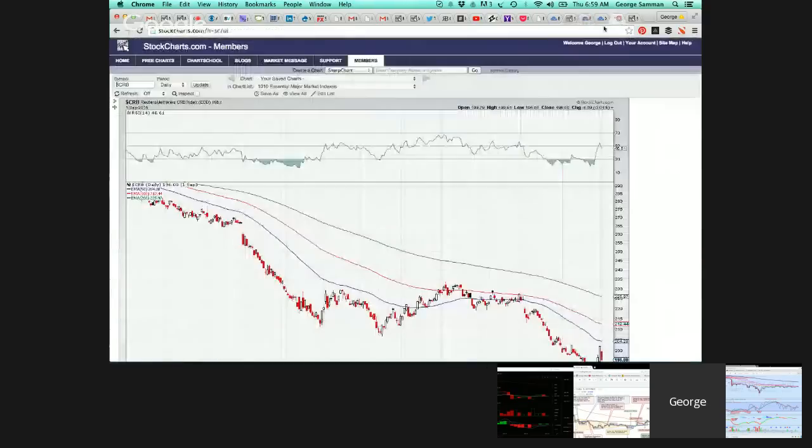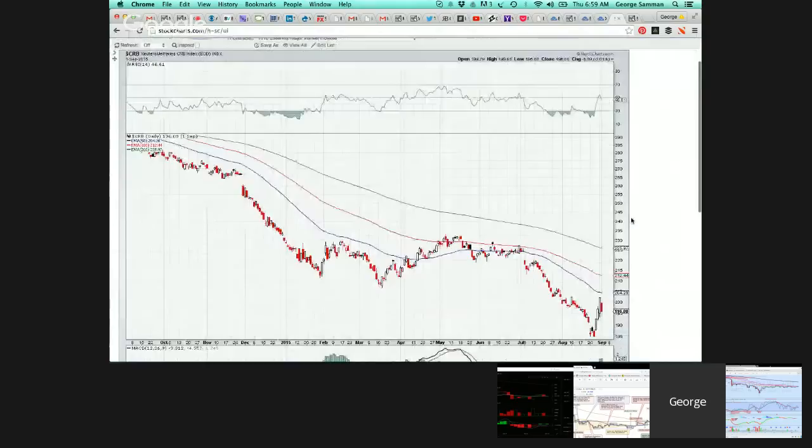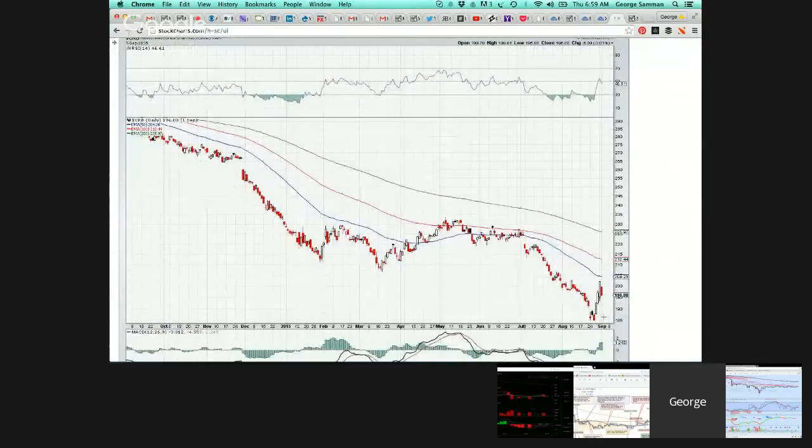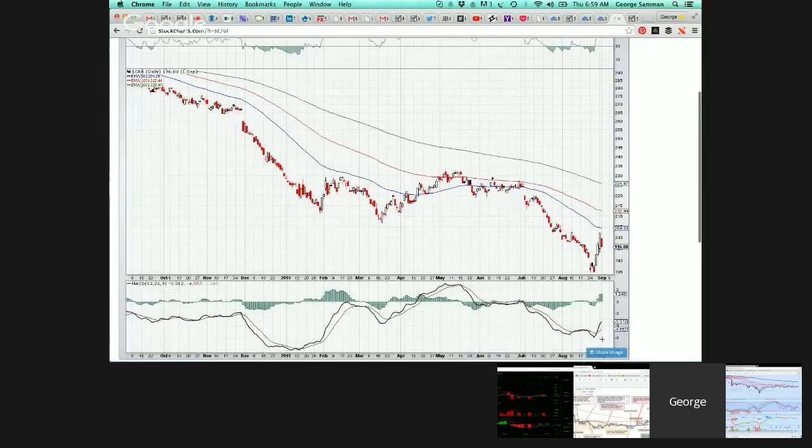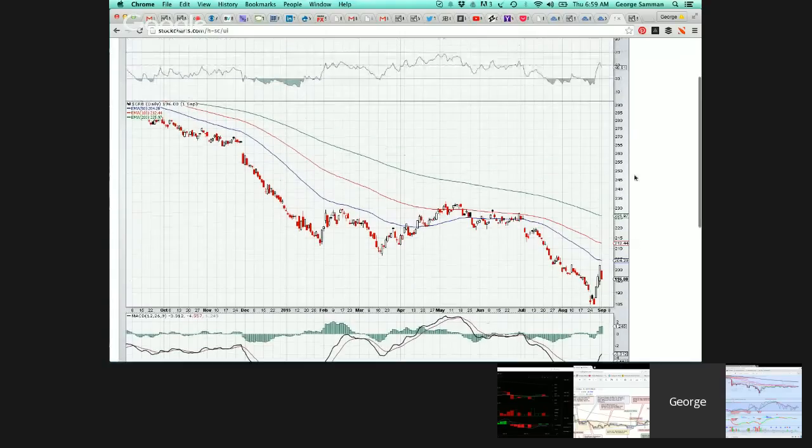So looking at the CRB, which is an index of commodities, we talked about it looking for a bottom a couple of weeks ago, and potentially we've set up with some kind of a bottoming process here, and that's been a result of a weakening of the USD and probably an oversold bounce. As you can see, it got to this oversold level and has been bouncing since. It's still below its 50-day, but the MACD's even crossed over as well, and you're looking at a place where potentially you can still have a little bit more upside. It's down yesterday, but it's been a pretty strong move from that 185 level.